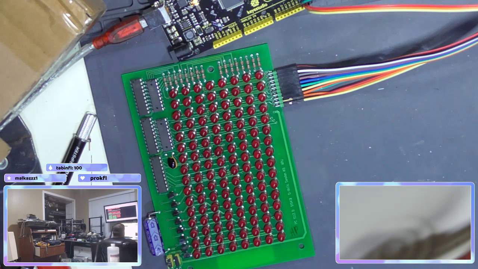If I do 1 and 1, it'll now do the next 2 bits. If I do 7 and 7, it'll do those 2 bits. If I do 7 and 0,